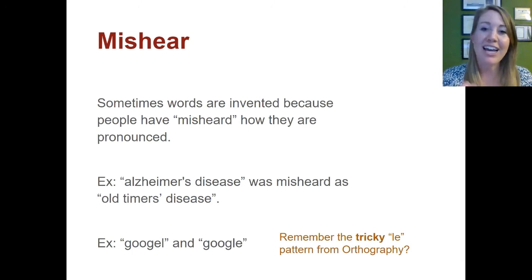And so if you remember in orthography, I asked you, how do we pronounce this LE at the end of these words? And you all, I'm guessing, agreed with me that it's "ul." You knew when you looked at all those words that ended with "ul." So with a word like Google, these same people were applying the same phonographic skills that you had to that word, which is why they spelt it with an LE. But that was super interesting and a super good tie back to orthography when we talked about how what we do with orthography is we bridge the gap between sound and spelling patterns, and that we get accustomed to those relationships, and that's how we develop our literacy, right? So it's a great example with this word, Google, with the misspelled LE.